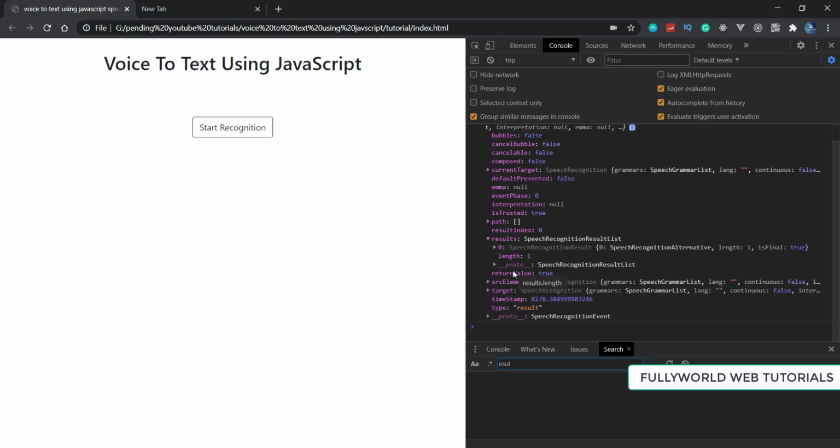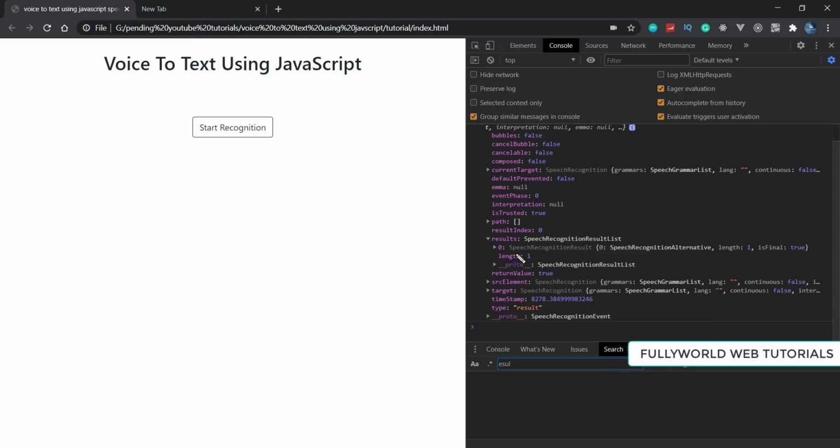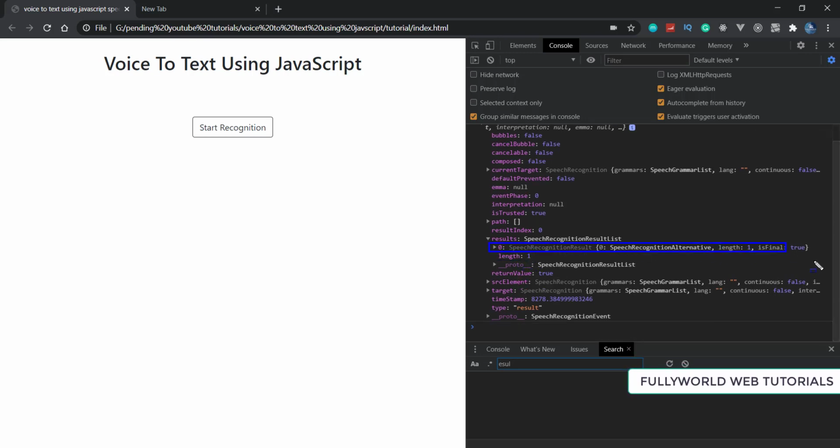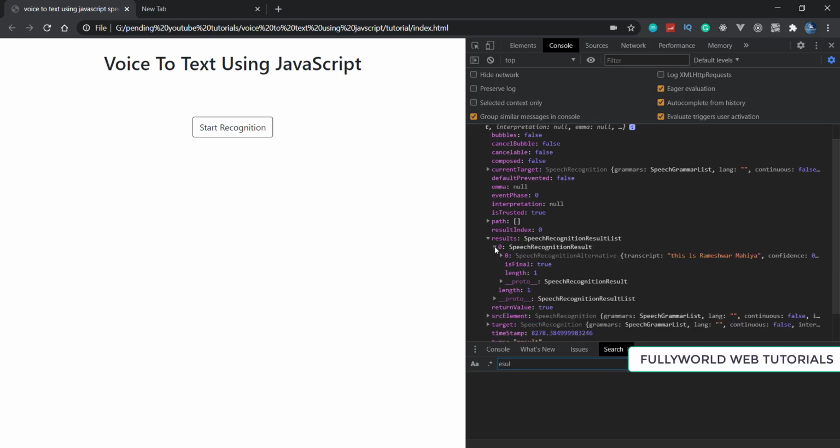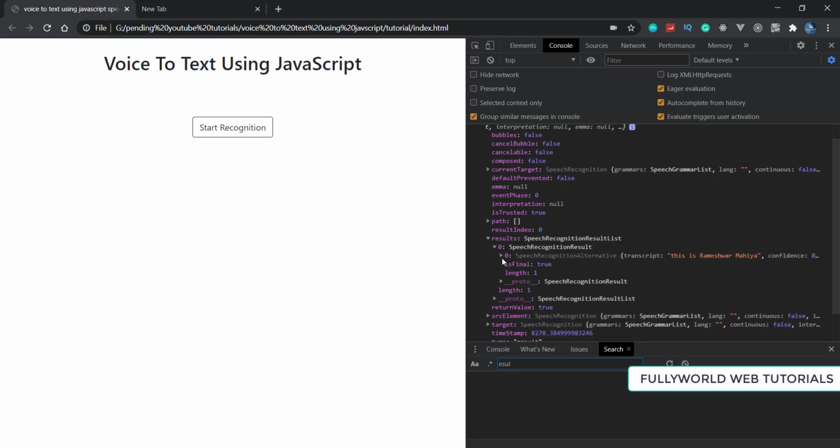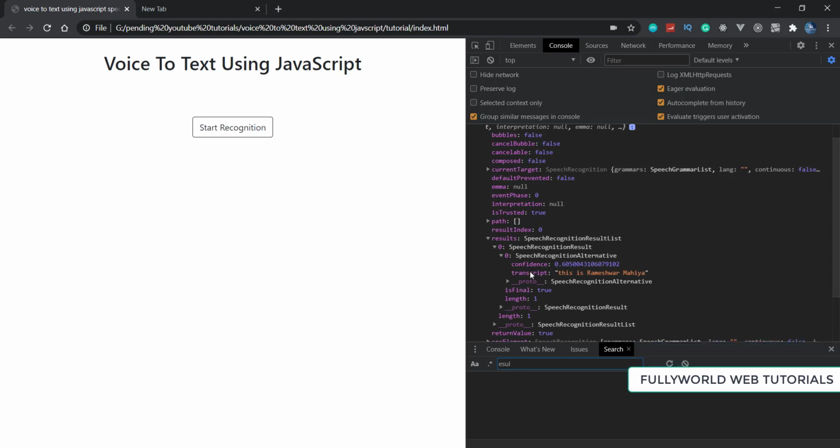See that this result contains an array and its length is 1, and it has the first element only, because it always returns only the first element. That array also has a sub array, and under that sub array there is one object which gives us the confidence as well as our transcript.